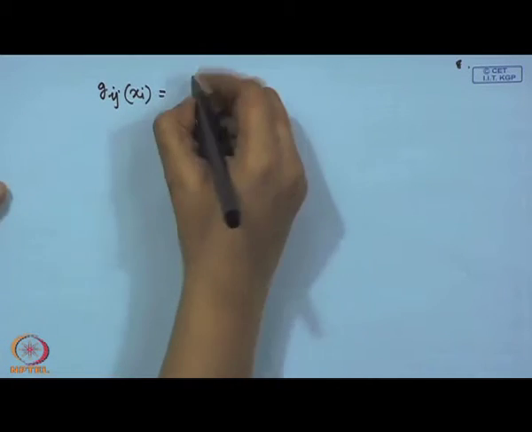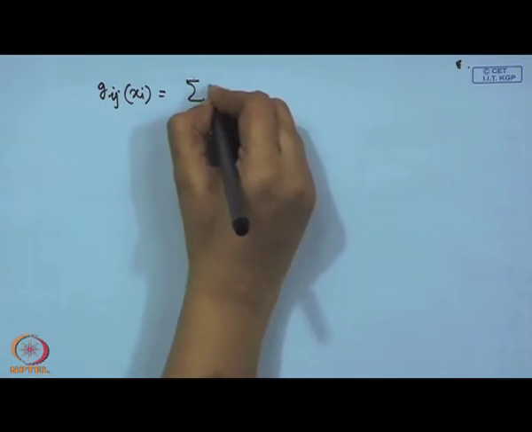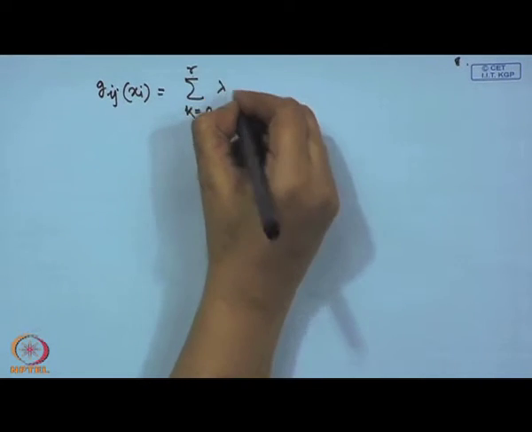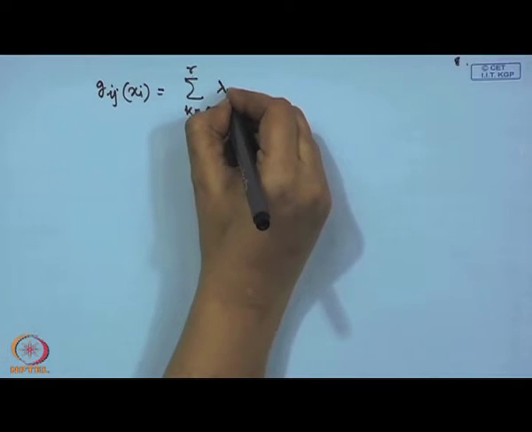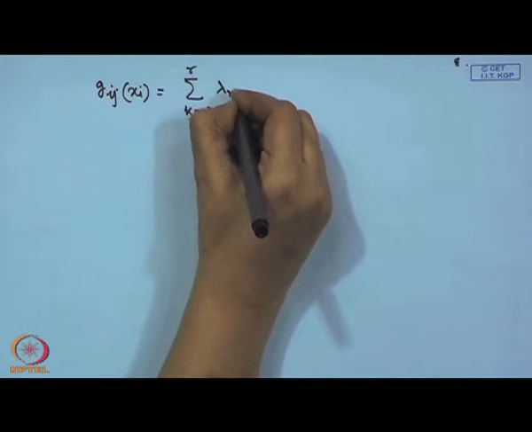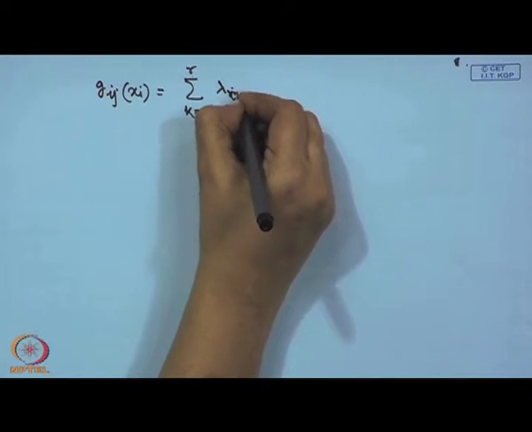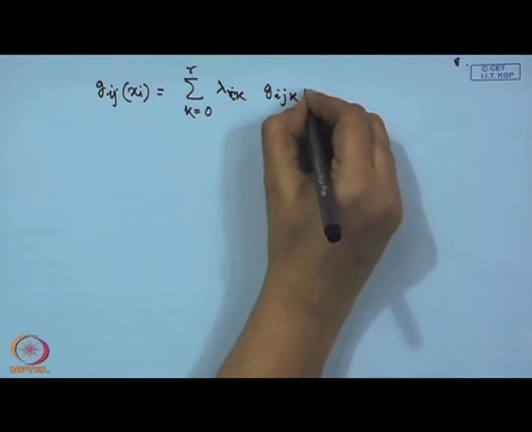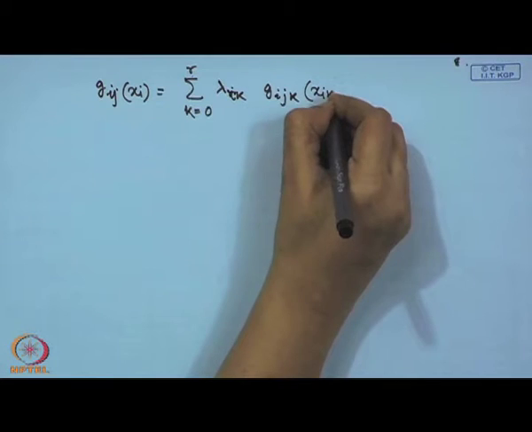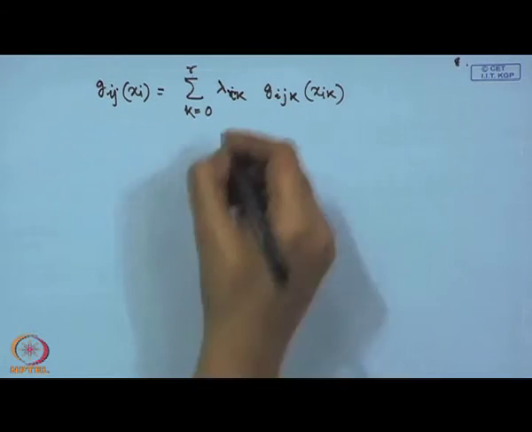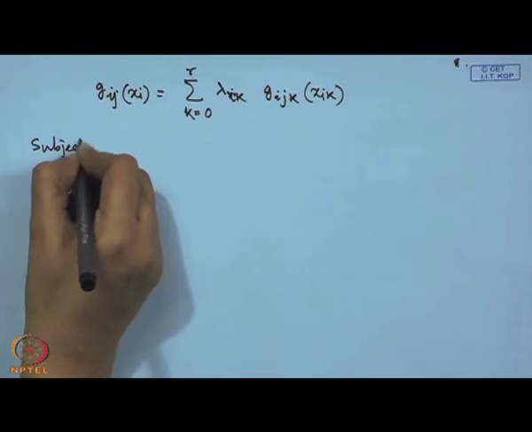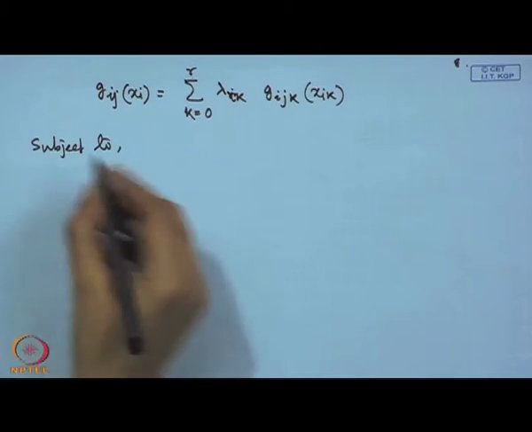This is the nonlinear function again. Again, this can be written as the combination of k plus 1 terms where individual terms are the linear terms, lambda r k, lambda I k, g I j k and x I k, alright. If this can be written as this, then certainly I can write down the constraint set for the separable